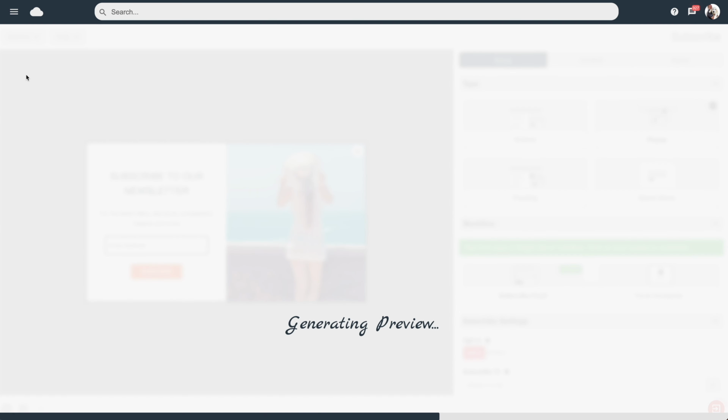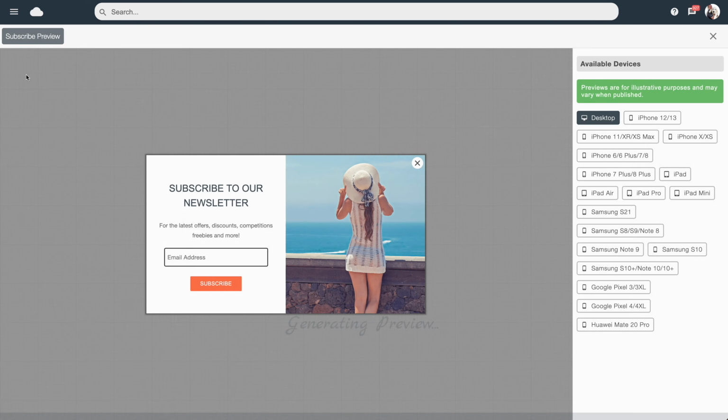A preview will now be rendered on screen. So by default, this is what our form will look like on a desktop computer. But you can see on the right hand side, we've got a wide selection of devices to run a preview on. So if we wanted to have a look at, say, an iPhone,